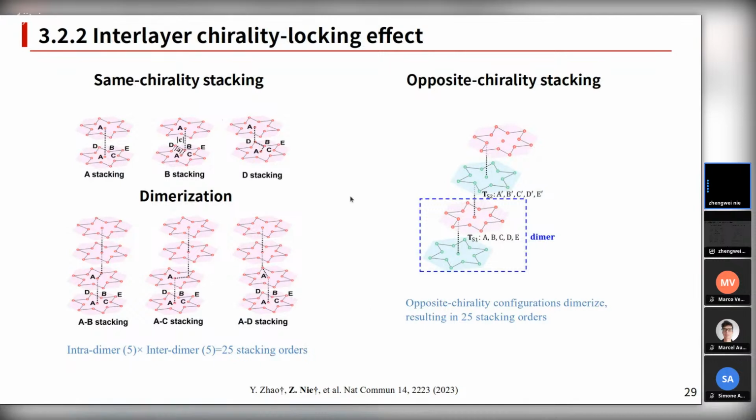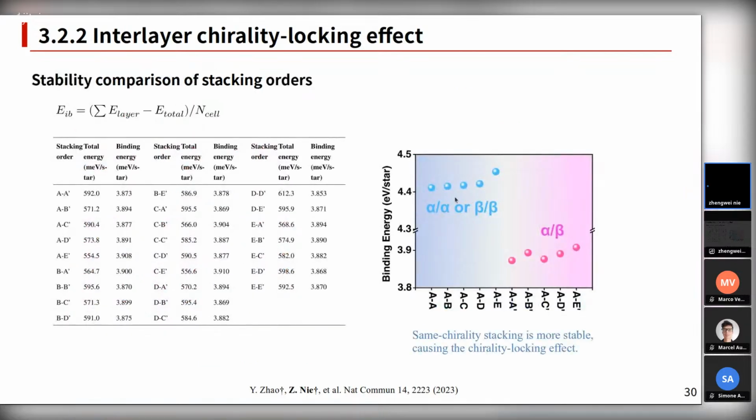I give it a theoretical explanation. For the condensed view, I studied the superlattice of PS2 for its different stacking orders, for its dimerization or not. For the parallel and anti-parallel stackings, I construct a series of initial structures and calculate their dynamic stability. It can be defined by the binding energy.